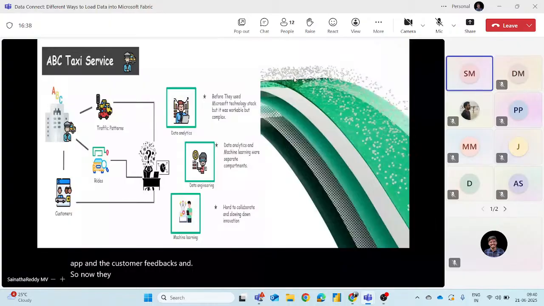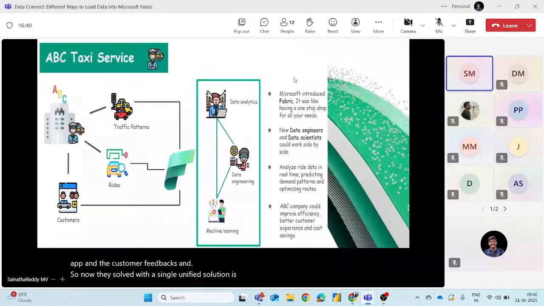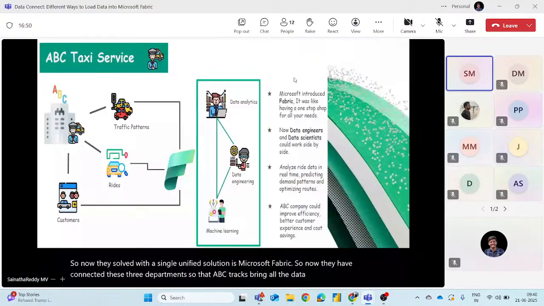So now they have connected these three departments so that ABC Taxi can bring all the data into one place. So now I discussed the three types of data, right? Traffic patterns and ride information, customer information. This data they will bring into OneLake, and in OneLake they will collaborate with Fabric.